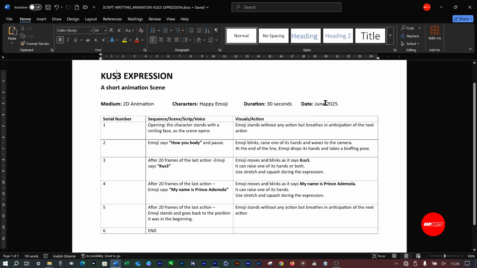This is very important, so you keep track of your progress, what you've done 10 years back, 5 years back, a year back. You can see how far you've come. So here, serial number, just one, so you can reference. You say, okay, go to number 4 and see what is in the text. So okay, this is the script. Say after 20 frames of the last action, emoji says, "My name is,"